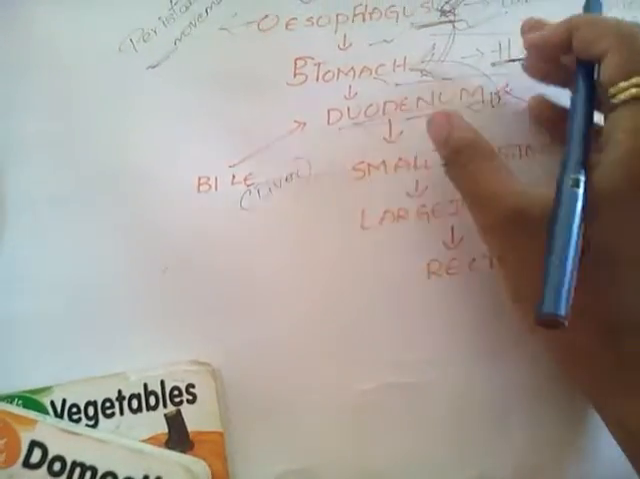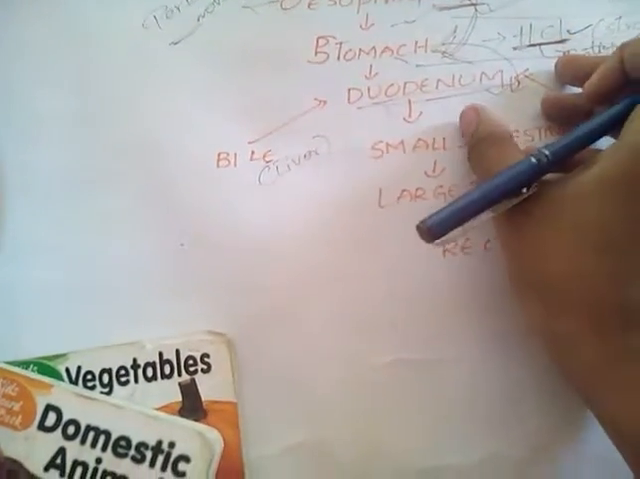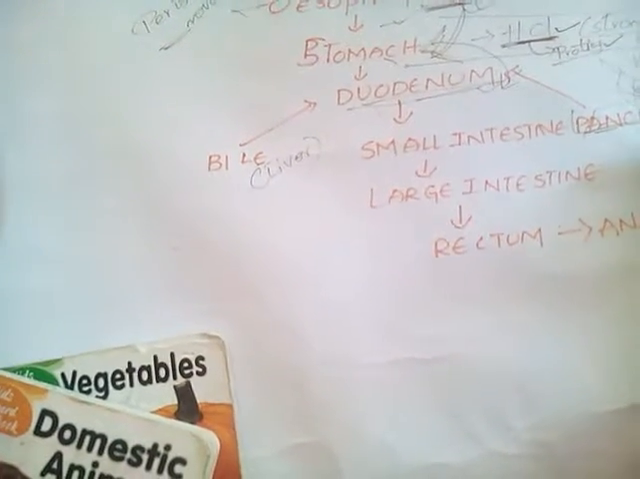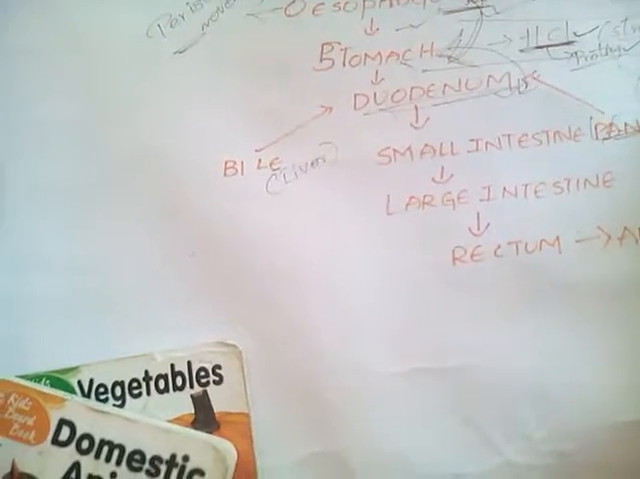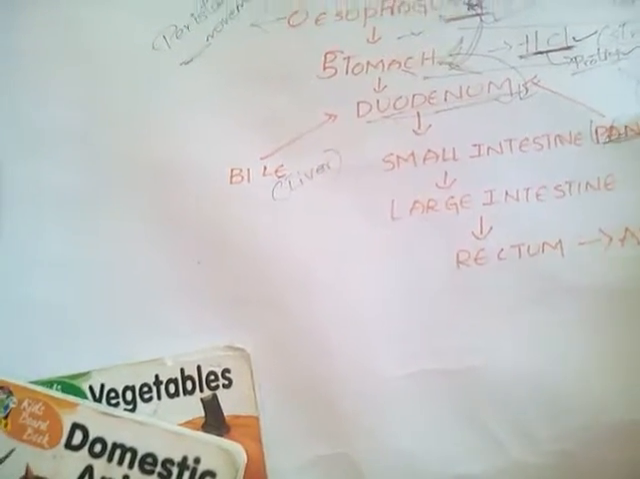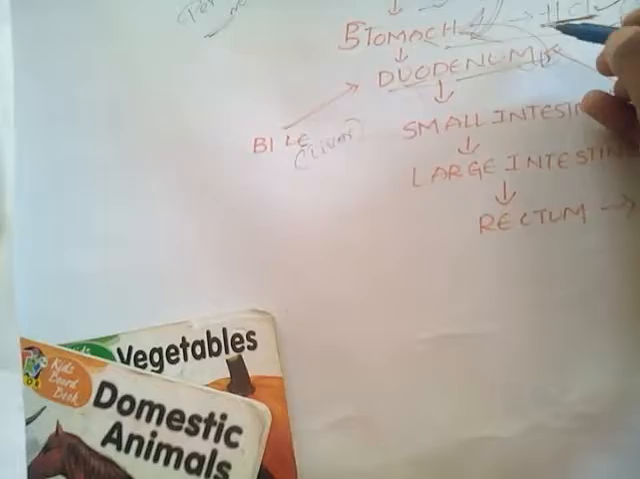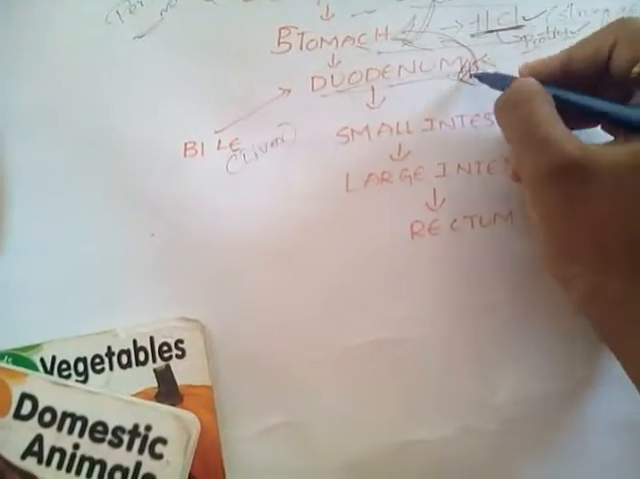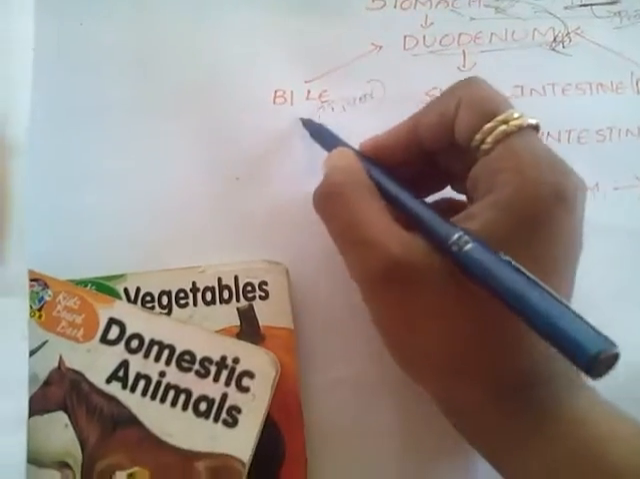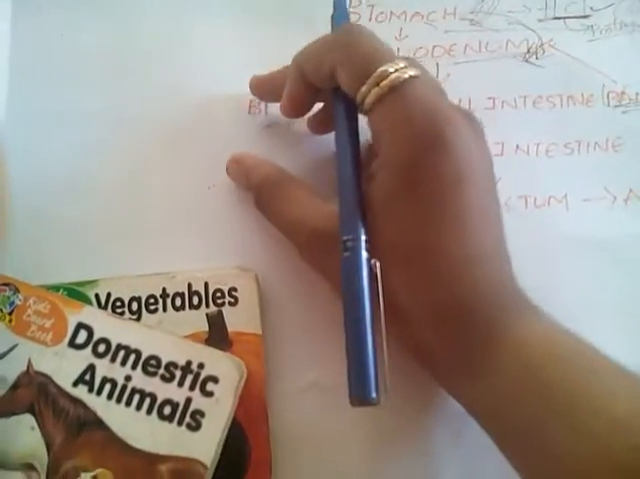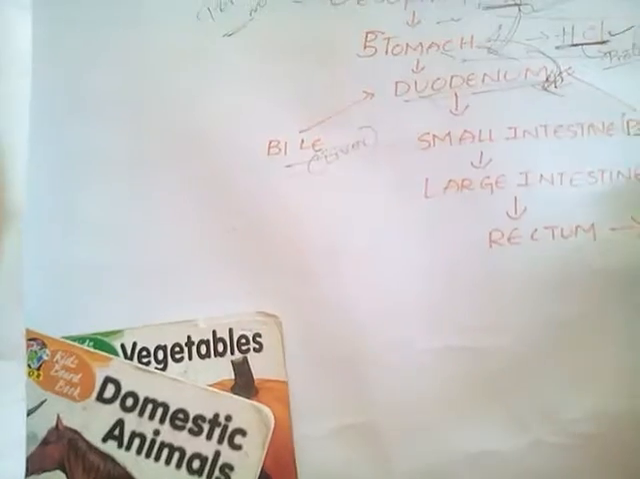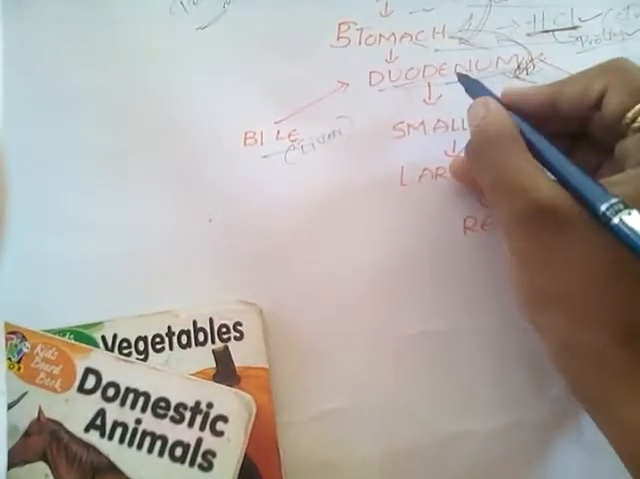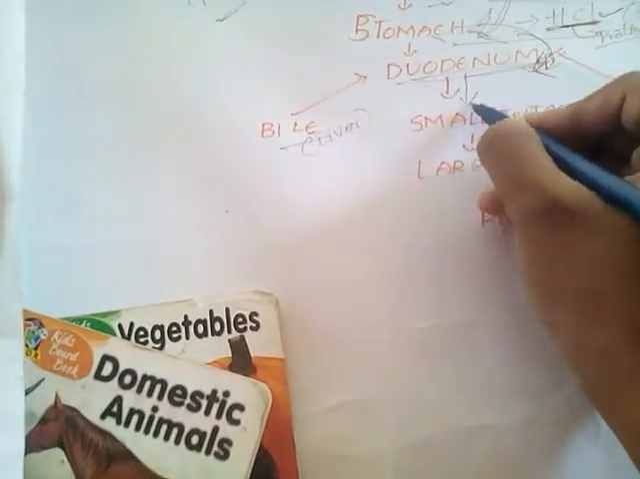The food after the digestion in the stomach is known as bolus, right? It's very important. The food is known as the bolus. After this, the bolus enters into the duodenum, and some juices are secreted from the liver and pancreas into the duodenum, and from the duodenum the food will be passed into the